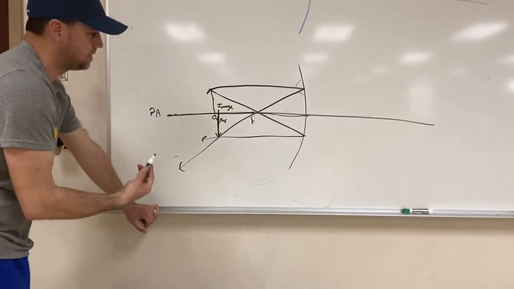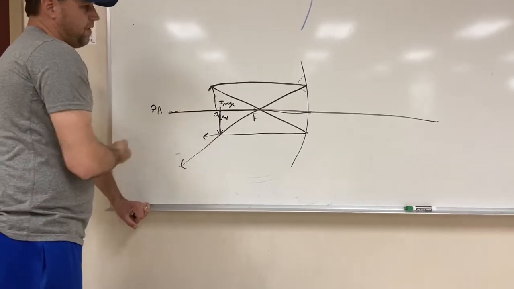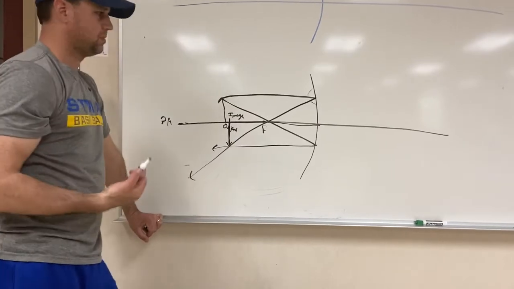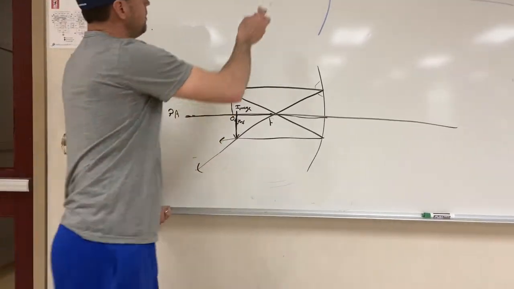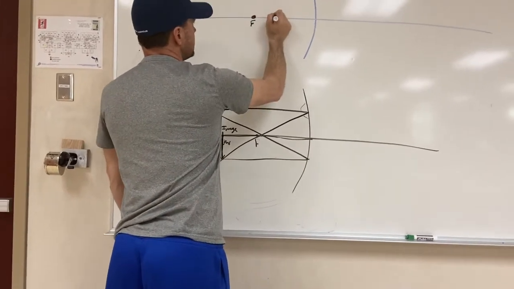It happens to be about the same size. That's because I'm at about twice the focal length, right? If I was closer, I would be getting bigger, but it's on my side of the mirror and it's upside down, right? But what if I decided I want to stand really close to the mirror, somewhere inside of F,